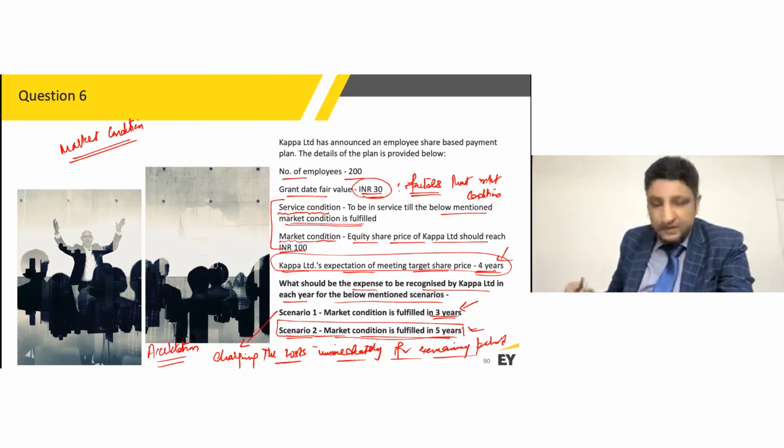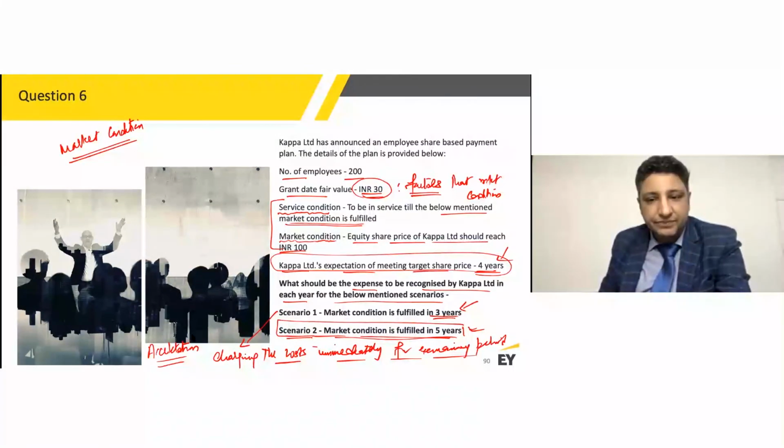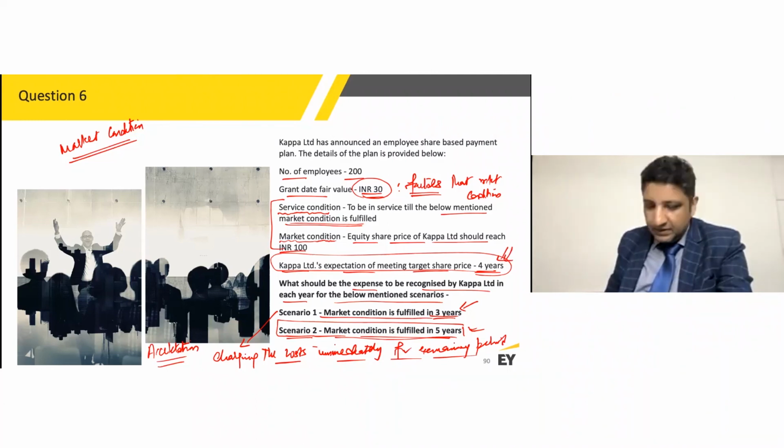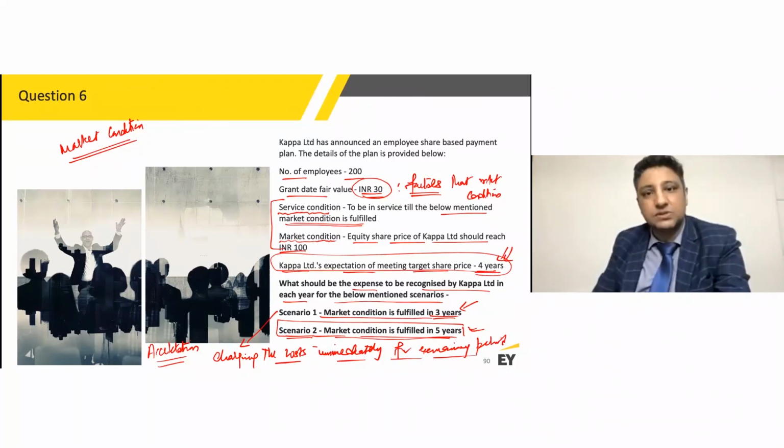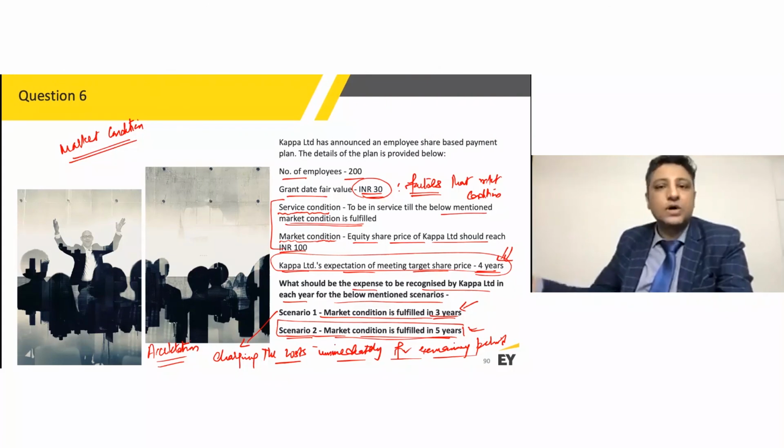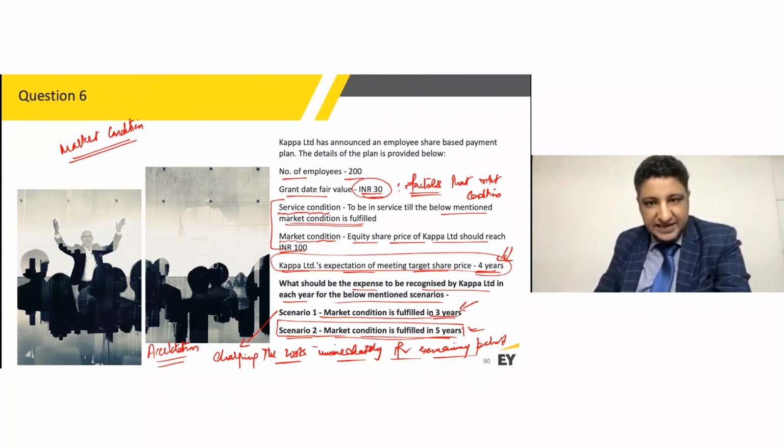What we're trying to say is that in the year 1 and 2, you continue to charge the costs, assuming that the condition would be met in 4 years of time. But in the year 3, if the condition is met, it simply means that now the employees are eligible to get those options because they become vested the moment this target price is met. So any remaining costs which are yet to be vested,